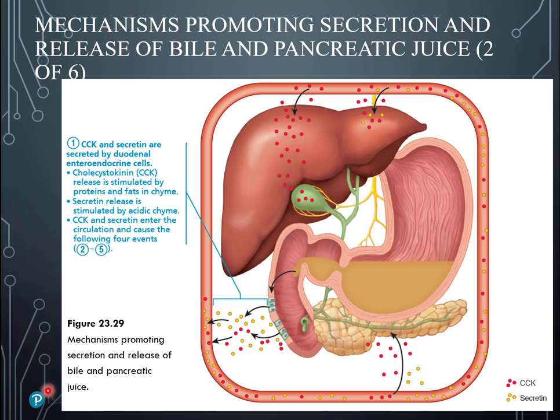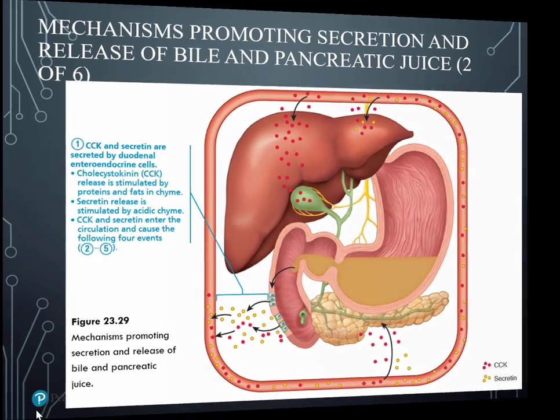All right, and here you could see the CCK and secretin are secreted by the duodenal enteroendocrine cells, and both of them are right here. Cholecystokinin release is stimulated by proteins and fats in the chyme. Secretin release, on the other hand, is stimulated by the acidic chyme, and cholecystokinin and secretin together will enter the circulation and cause